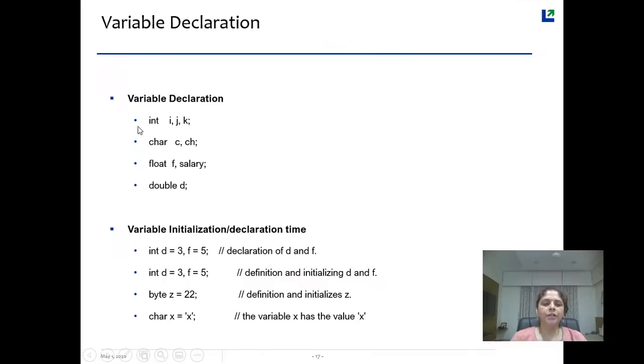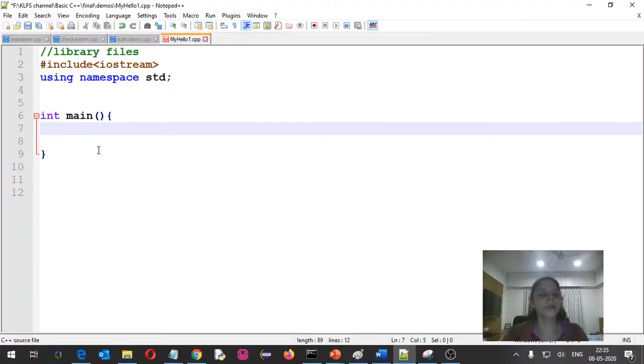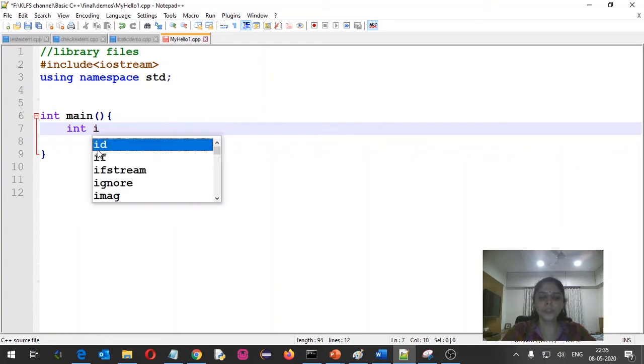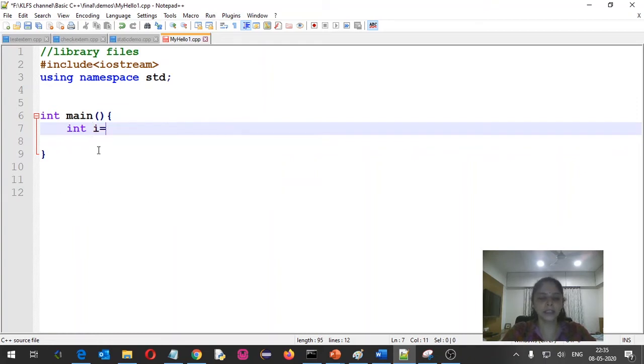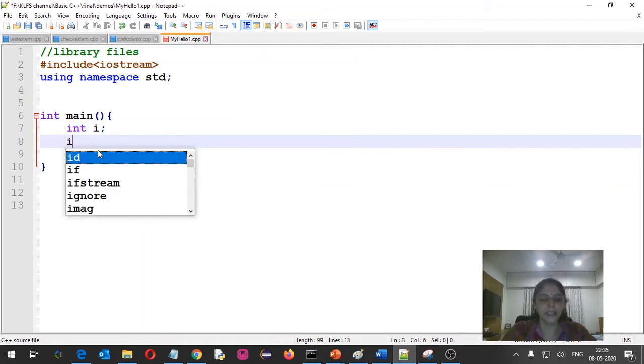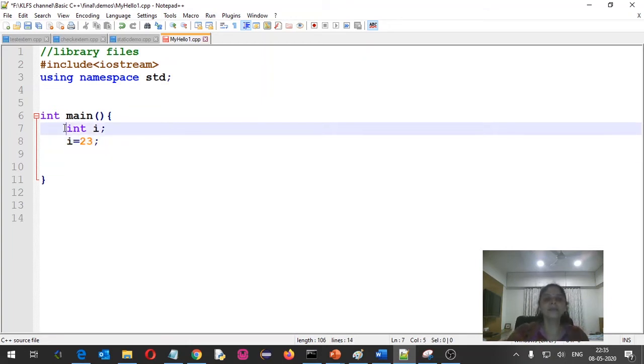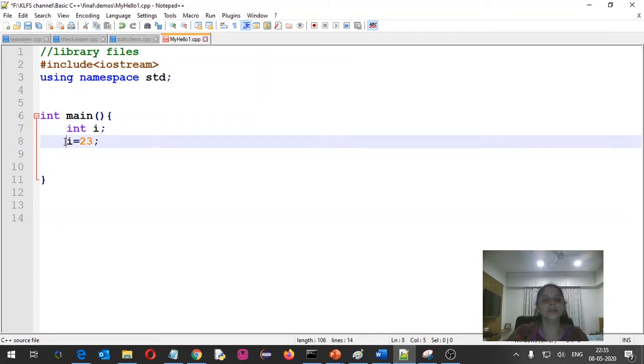So here if you check, all these are nothing but variable declaration, whereas all these are nothing but called initialization. So we have seen global and local variable, and we also have seen the difference between initialization and assignment. So let's look into the variable declaration in more detail. Suppose I am writing a variable int i is equal to 23, or if I am writing int i and then I am assigning the value to i as 23. So 4 bytes will get allocated over here and 23 will get stored in that variable, that we are aware.